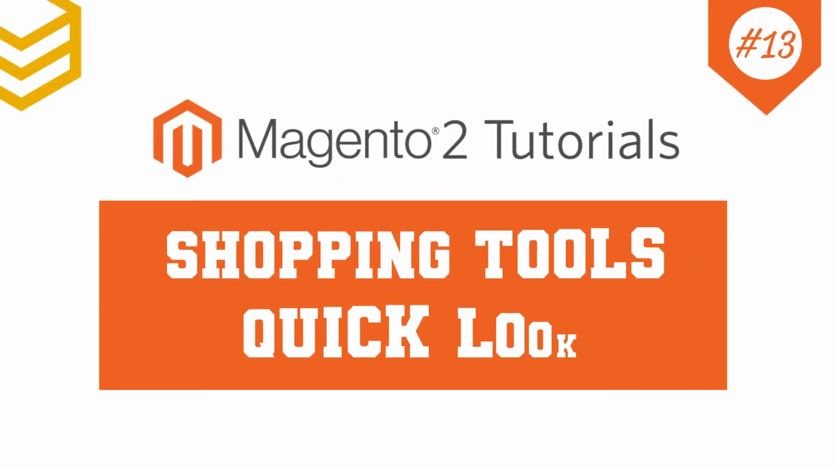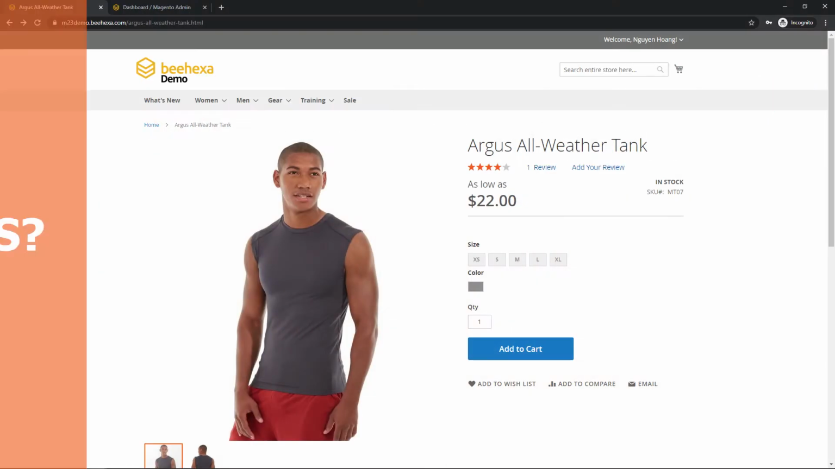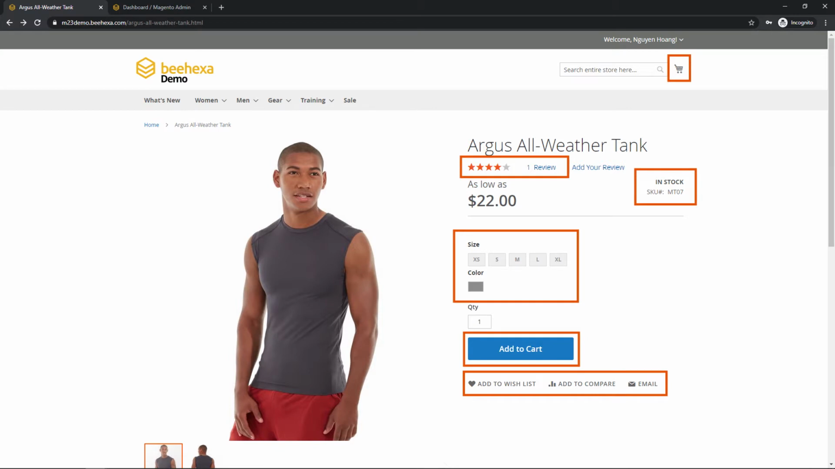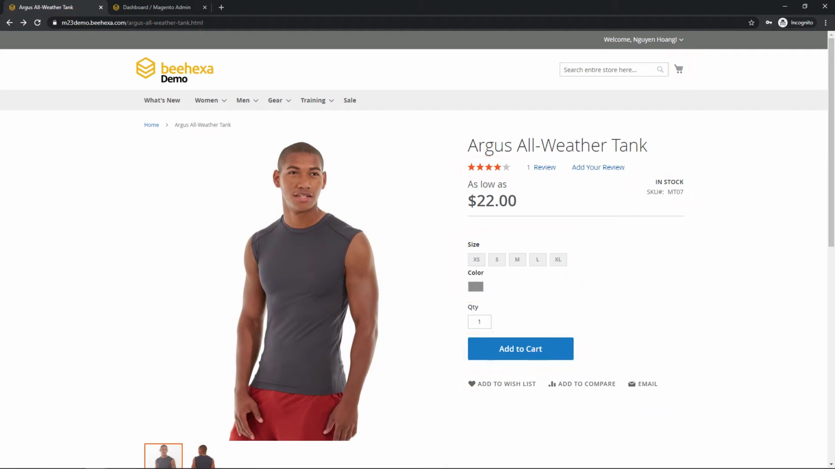Today we will take a quick look at the shopping tools. And what are the shopping tools? Your store includes a set of shopping tools that create opportunities for customers to interact with your store and share the experience with friends. For example, product ranking. Product ranking helps build a sense of community and is considered to be more credible than any advertising money can